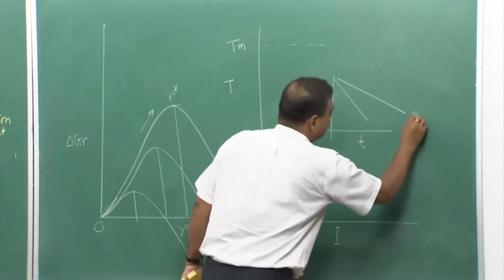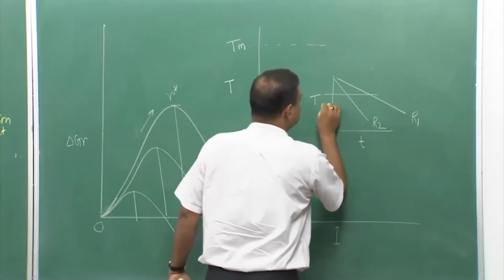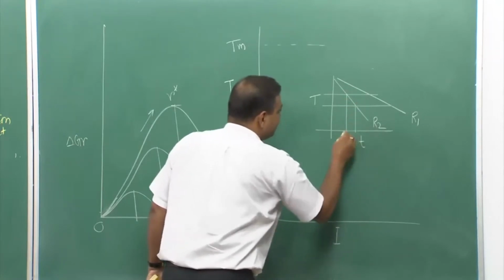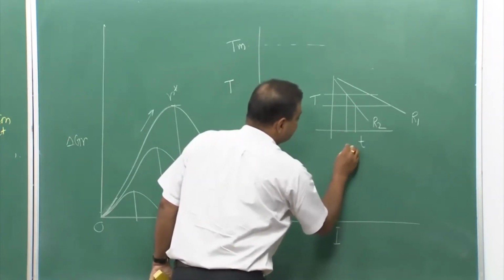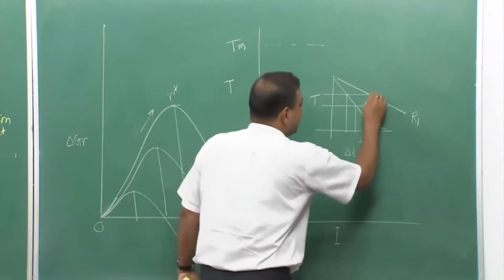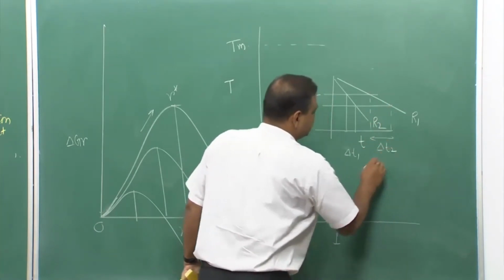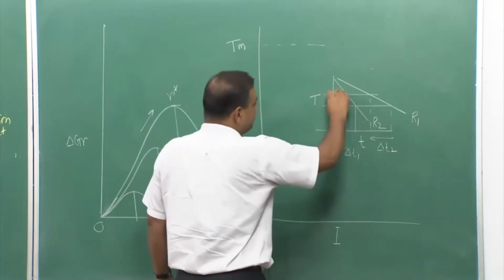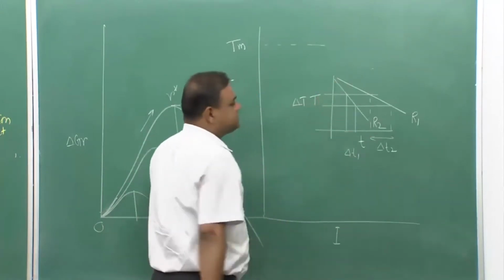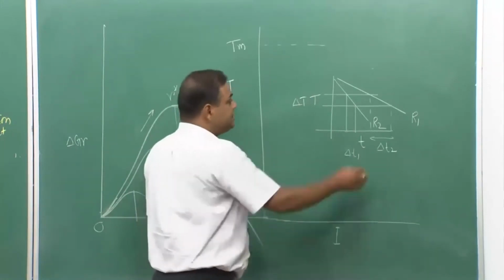So, this is cooling rate R1, this is cooling rate R2. If I try to see a particular temperature drop, that means within this particular time duration, which is let us say del T1, and if I try to see this duration, which is del T2. Now, we are going by the same del T, but if the cooling rate is fast, we can achieve that del T much quicker than when the cooling rate